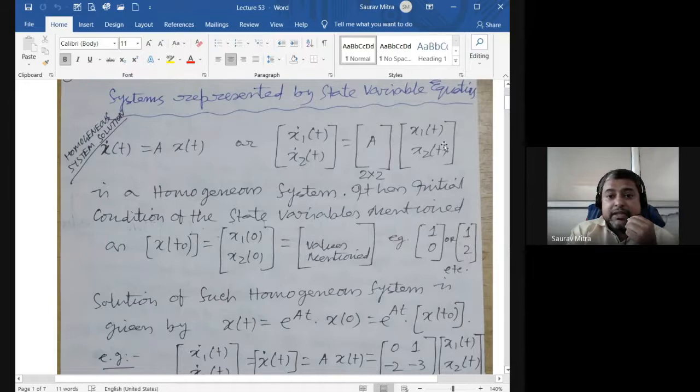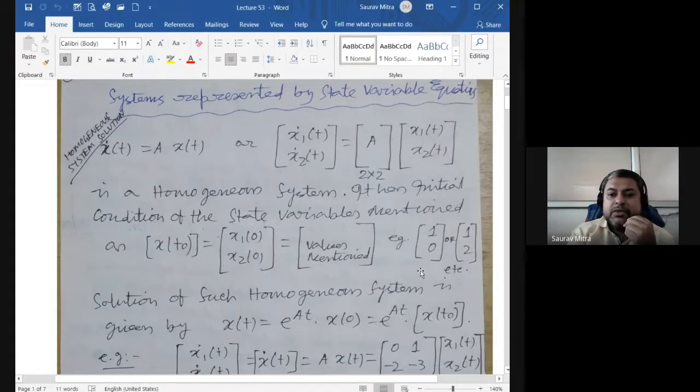So what is the x1(0) and what is x2(0)? Initially, whenever you start the system, whenever you have started taking the output, what is the initial condition? It may be 1, 0 or it can be 0, 1. A 0, 0 initial condition means an initially relaxed system. In that case, x1(t), x2(t) will be 0. So if there is no initial condition, there is no homogeneous response, because the homogeneous system response depends entirely on initial conditions.